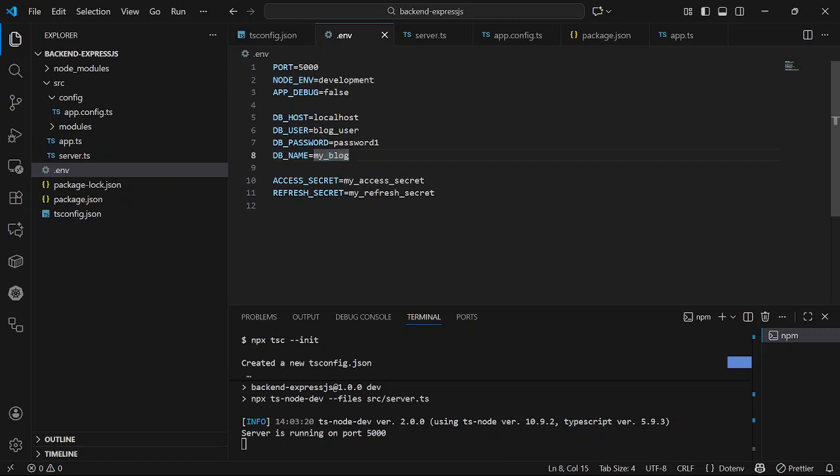Okay, so that's it. Now here, if you can see ACCESS_SECRET and REFRESH_SECRET, they are the secrets I use to hash the access token I'll be sending to the front end for authentication sake. You're going to see all these things in use. All right, so now